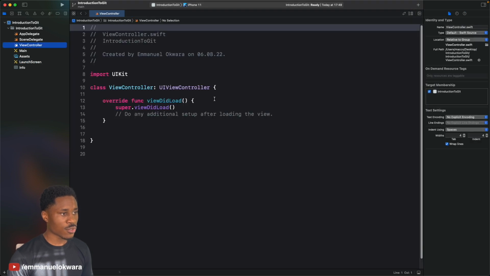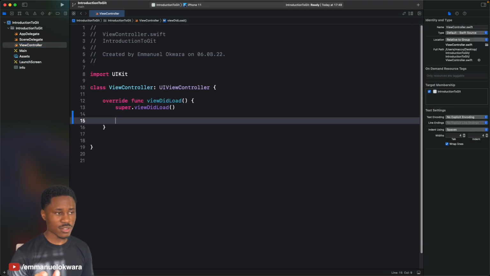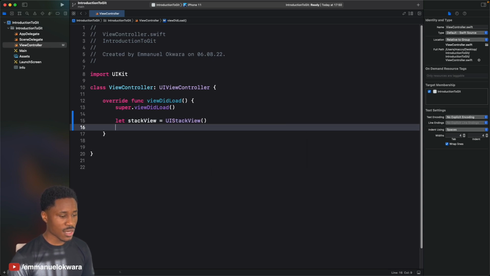So I'm going to go over to the view controller, and we're going to keep things very simple as much as I can. And first of all, I'm just going to say let, what's the first one? We can call this food category label. And actually, let's first of all just go ahead and add a stack view. I think that would probably be easier. So I'm just going to say let stackView be equal to UIStackView,